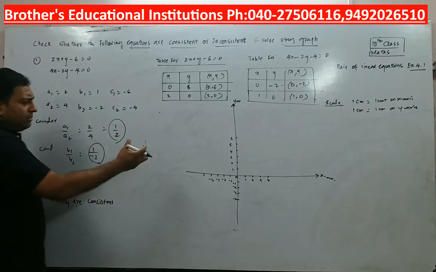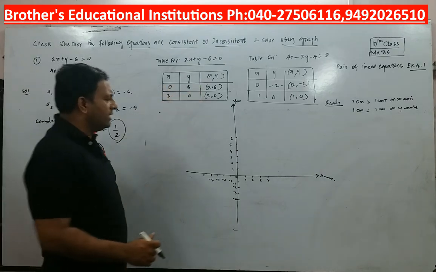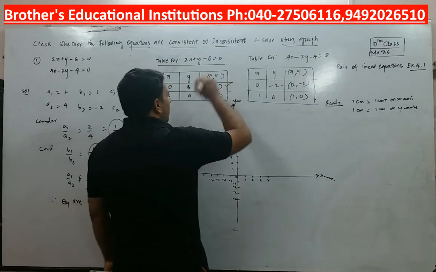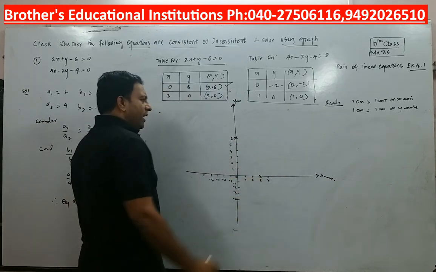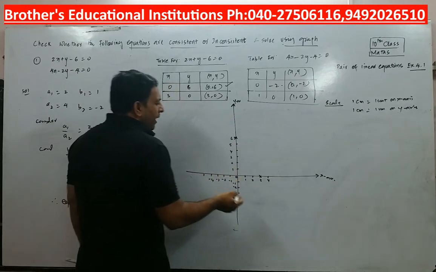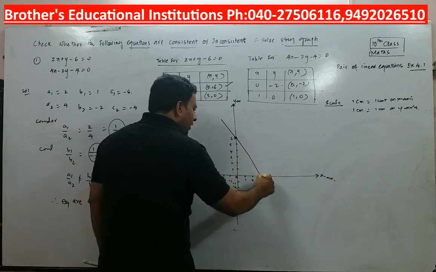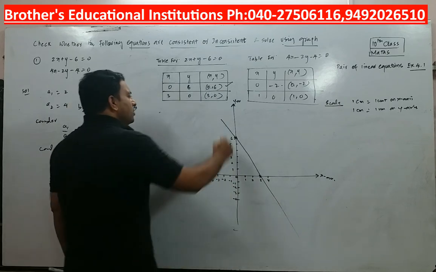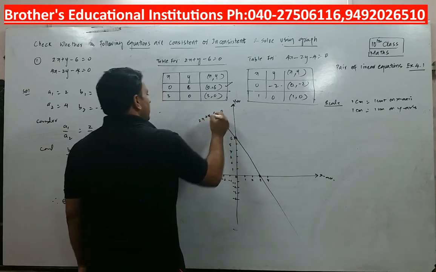Now once you write the scale and mark the points on x-axis and y-axis, I am going to plot the points. 0, 6. When x is 0, what is the y value? 6. I put a cross mark here. This is plotted. Now 3, 0. x is 3 and what is y value? 0. So I have to draw a straight line. When you draw a straight line, this is not free hand. You have to use a scale. Make sure that not only do you join these points, you extend the line as well, because you never know where the other line is going to intersect, right? So this is your line, and I write that equation 2x plus y minus 6 is equal to 0. This is my first straight line.